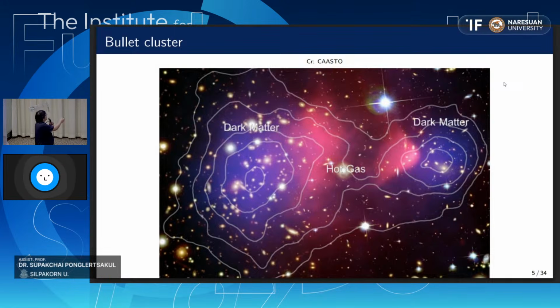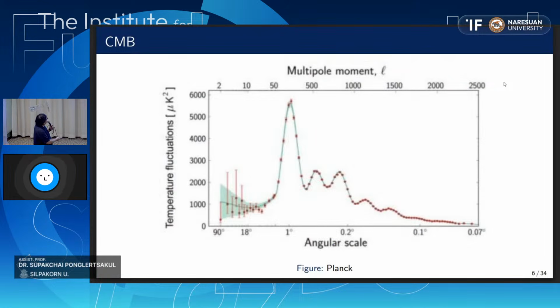So again, another evidence that there must be some missing mass. And the last one is from the Planck observation, where when we model our universe with dark energy and dark matter, we find that the observation and the prediction from the theory match very, very well. So this is another simple piece of evidence that suggests we should be looking for dark matter.